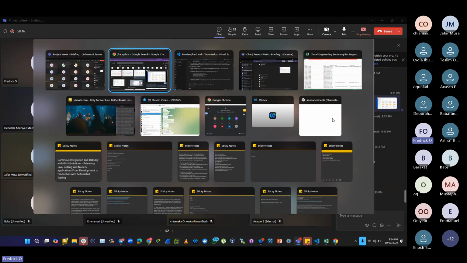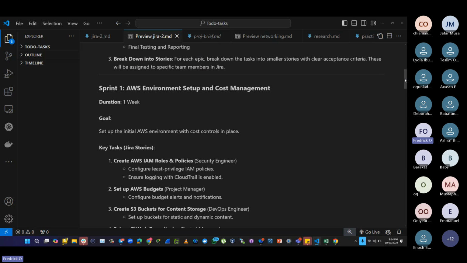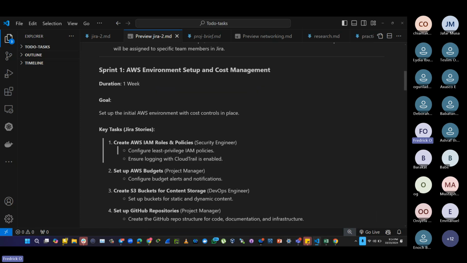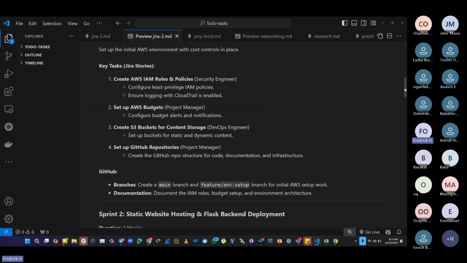Do you understand? So now we expect that you will break those things down and then you have different sprints. You set up the goal for that sprint and different tasks. On a particular task, it is going to be to set up an AWS budget. Somebody you're going to assign it to, so that you know who is going to set up the budget, who is going to create an S3 bucket, who is going to create a GitHub repository account. So each person in your team knows what his job is supposed to be. That's the teamwork. That's the collaboration we are talking about.